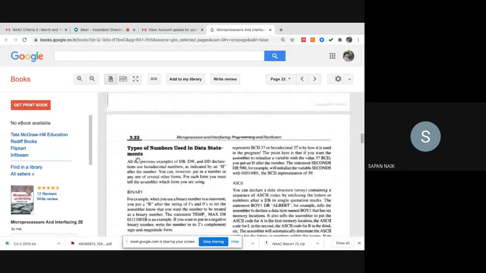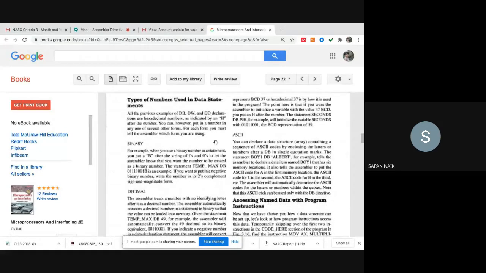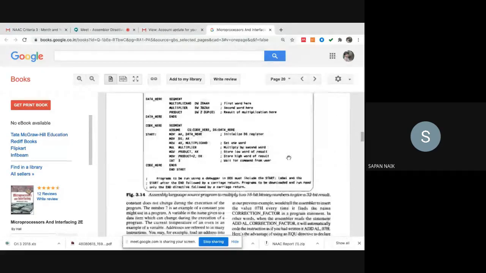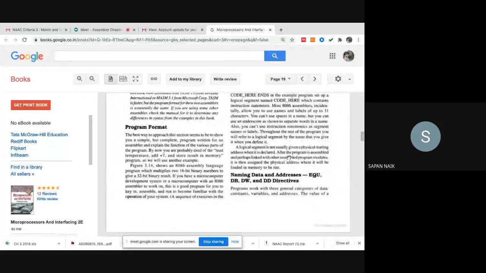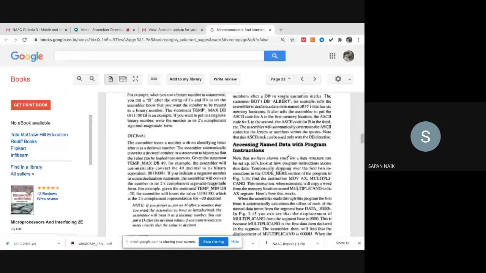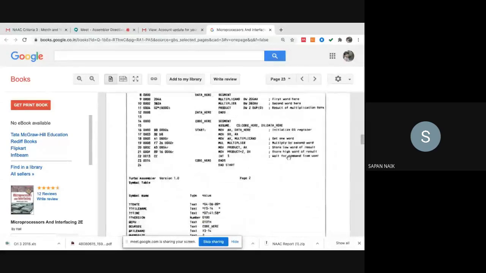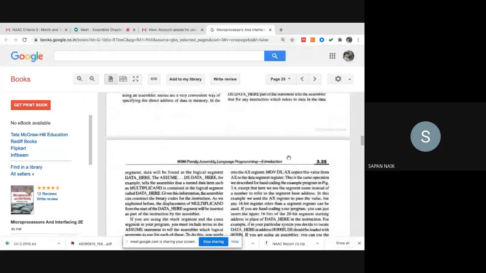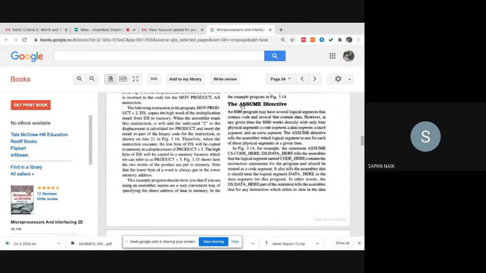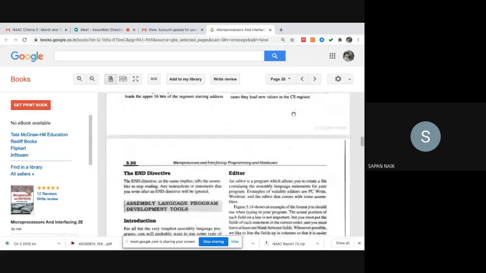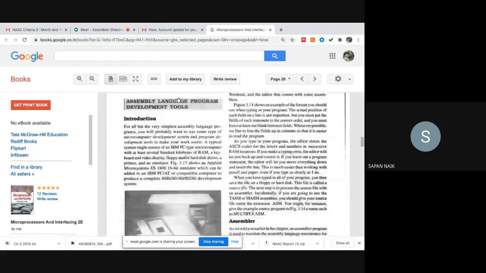In the same way, all the types of data are also explained. So in the third chapter, page number 19 and page numbers 20, 21, you can find all the directives. This is one of the most common short theory questions which normally comes in your exam because it is in your syllabus. On page number 24 you also have the ASSUME directive. So better go through page 19 till the end for the directives.